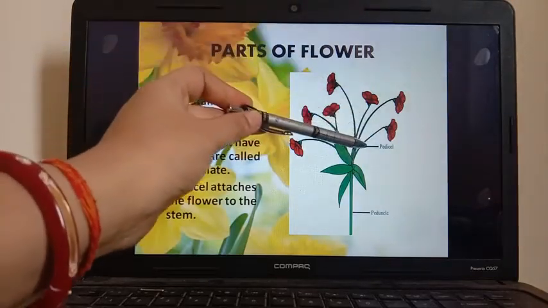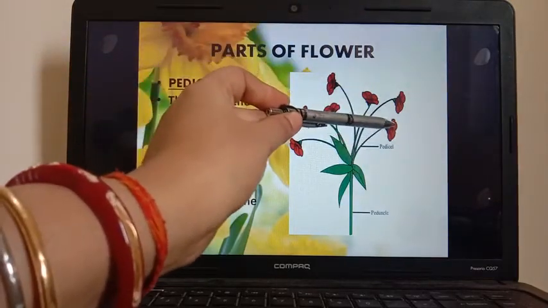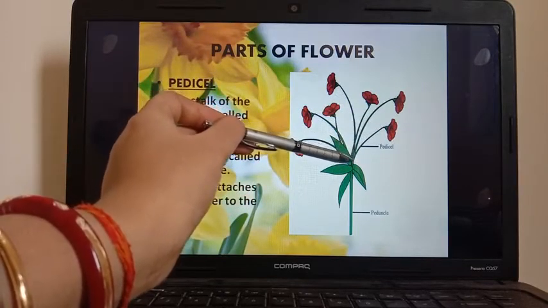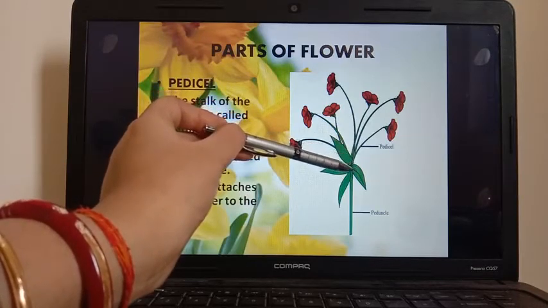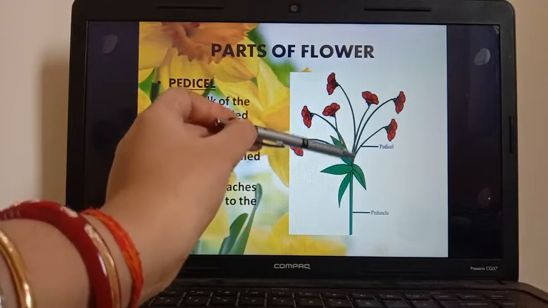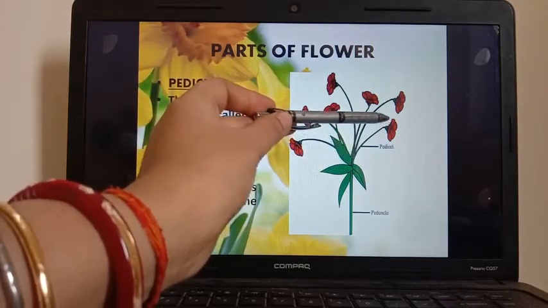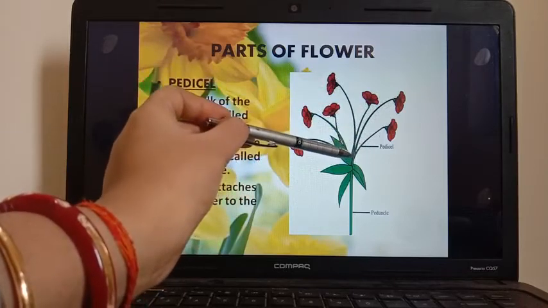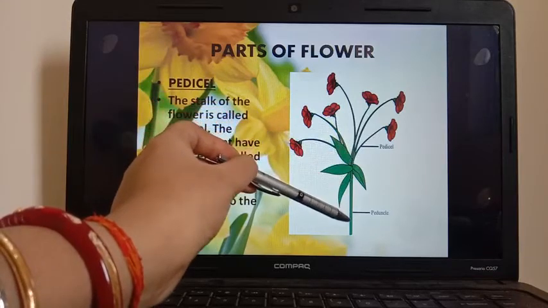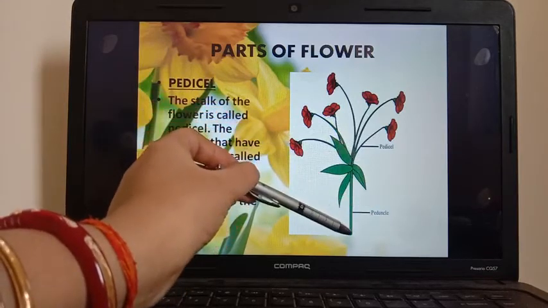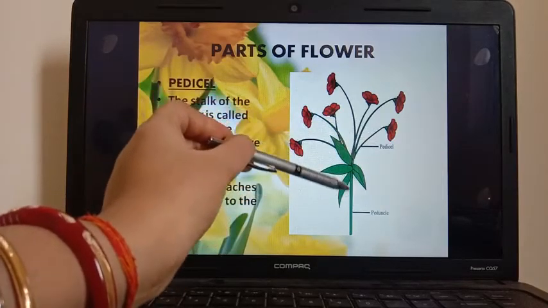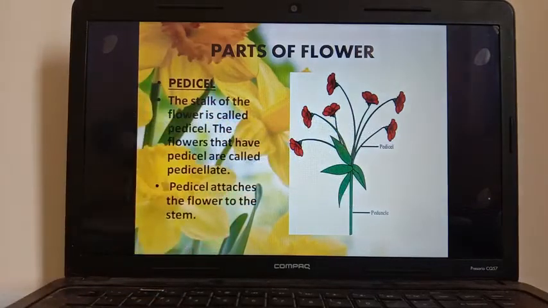In the picture you can see these all are the pedicel which attaches the flower to the stem. But you can see one thing, that in some plants, not all plants, the flowers are forming in a group from one point. So these single stalks coming from the flower are known as pedicel, and the bunch of these stalks forms a single structure which is attached to the stem. This is known as peduncle. So all pedicels are bunched in the peduncle, but this peduncle is not there in all plants. It is there in a few plants only.